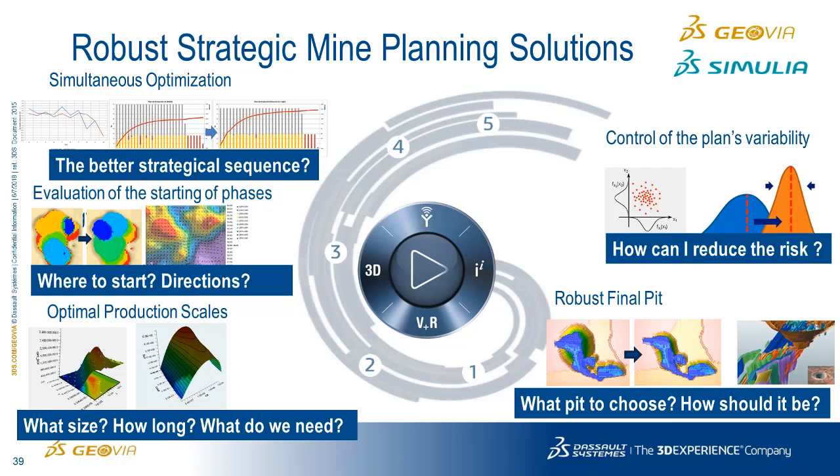So just some of those ideas of those different scenarios that they were able to try. What should the final pit be? Well, what shells should I select? Then once I have the shells, how should I mine those phases in terms of directionality? There's a mining direction usually as part of the schedule. So where should I start? Starting point in the phase, and where should I mine? Okay. And the idea is we're going to run those different scenarios to look at the strategic sequences,